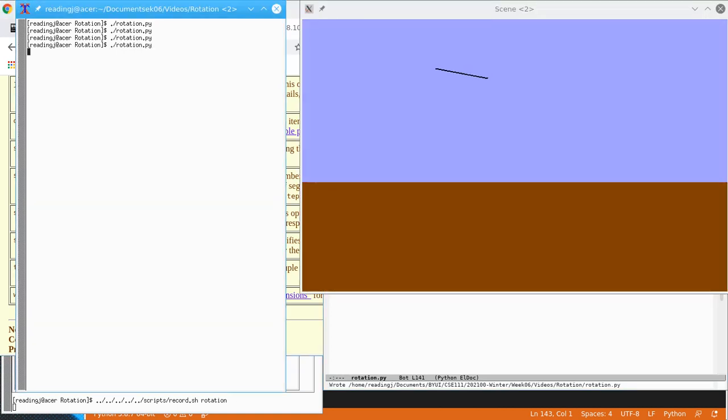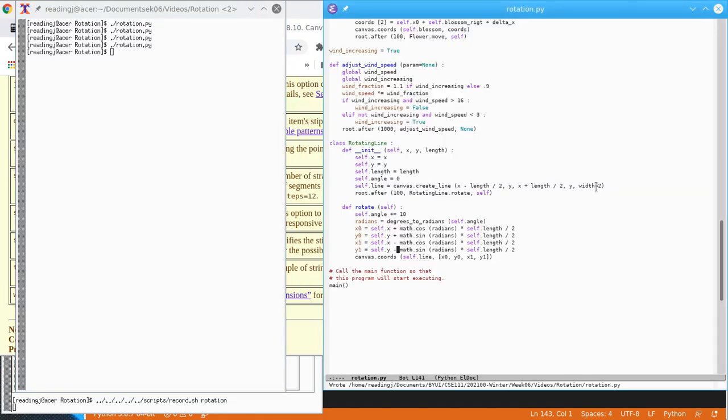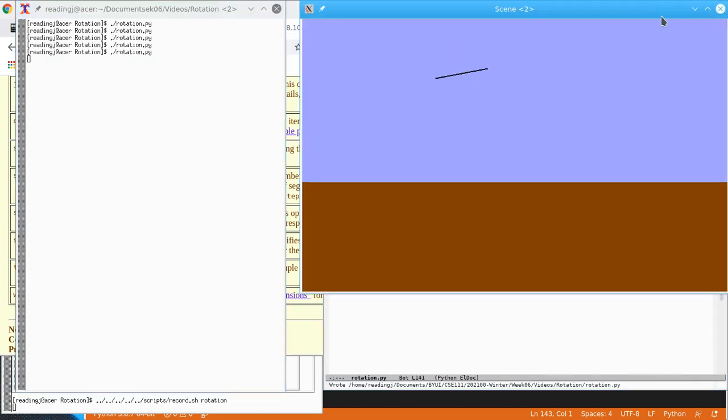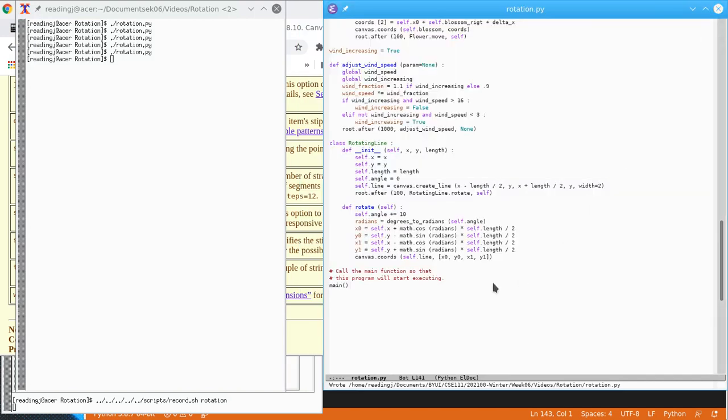Still going backwards. Oh, because y is reversed. So I shouldn't reverse both of them. I should just reverse y. There we go. And so now I can say root.after, and we'll try 100